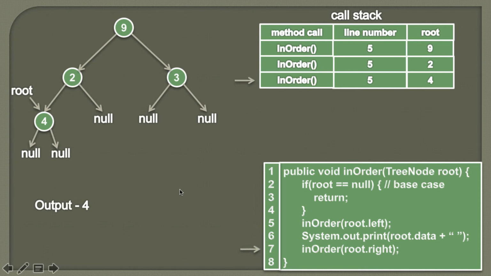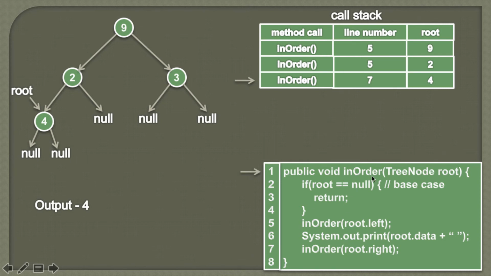And we also saw in the slide that after we process the node, we then go to its right subtree. So in order to go to its right subtree, we again call the inOrder method and this time we pass root's right. Currently root is pointing to the node 4 and its right is pointing to null. Therefore we'll again call the inOrder method and pass the null value to it. And here as we are leaving this method on line 7, we'll keep track of the line number. So now it will be 7.